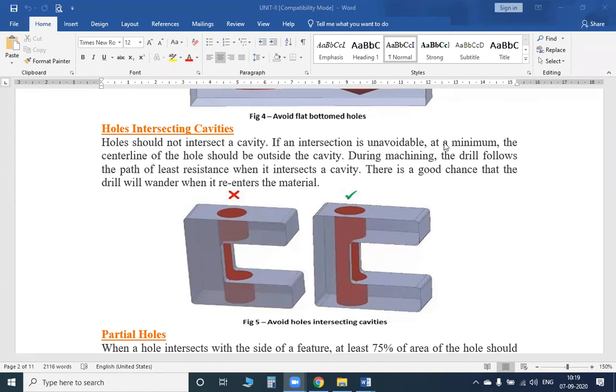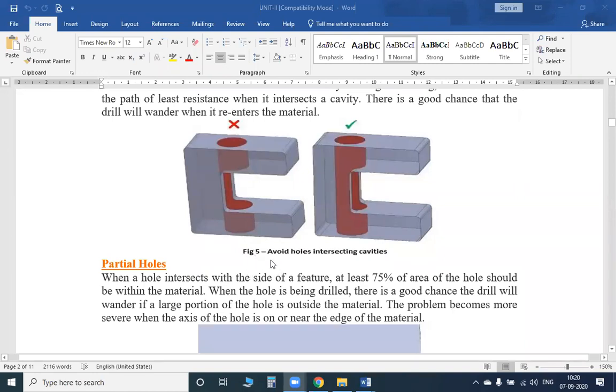So what they are telling is that the axis of the hole and the edge of your C clamp must coincide, so that if you want to insert anything, it can easily intersect the part. So this is the part which is to be accepted, but this is the part which is not to be accepted. Clear, students? These are the two differences for accepting or not accepting for further machining. Okay now?